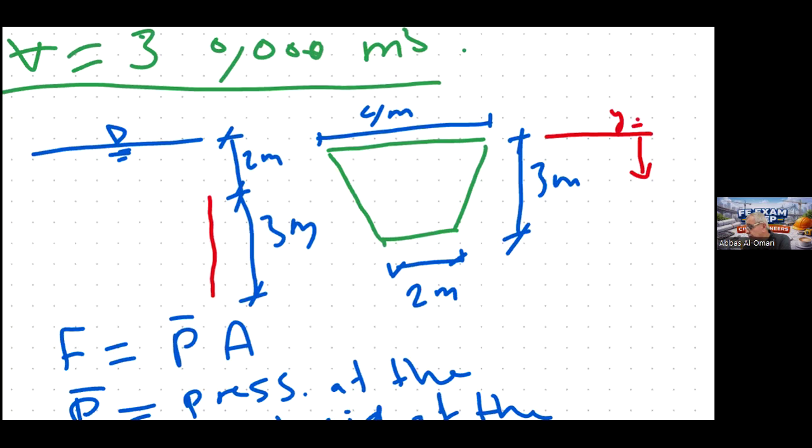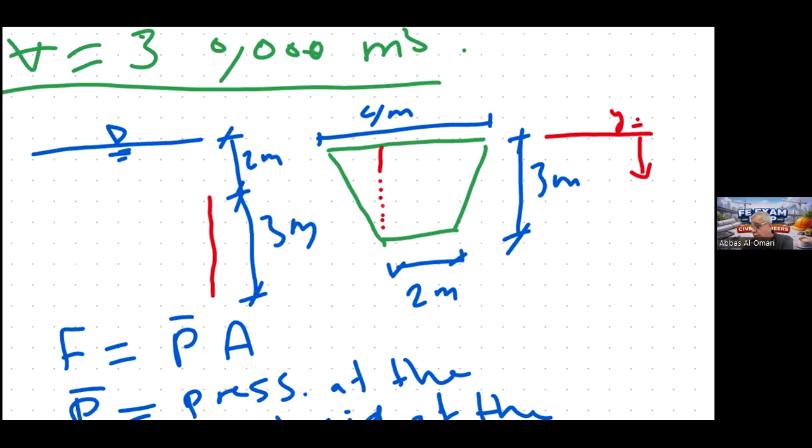Okay. But for the gate, Y equals 0 at the top of the gate. So I want to find the Y bar. Now, either you can do the calculations to determine Y bar of the gate, or you can have a formula to determine the Y bar for a trapezoidal shape. But it's easy to determine the Y bar